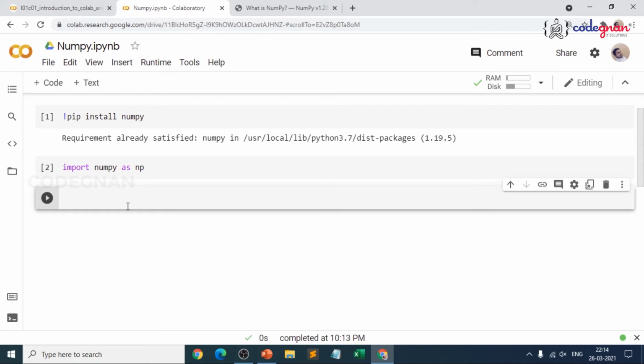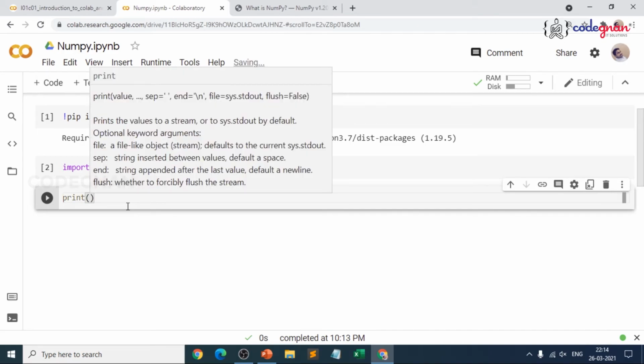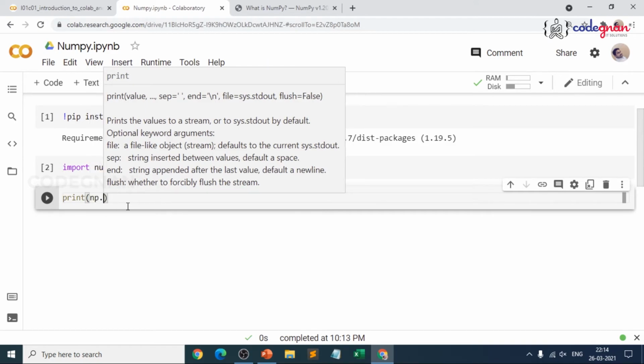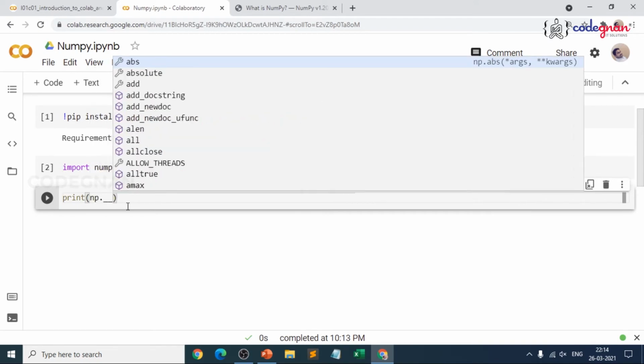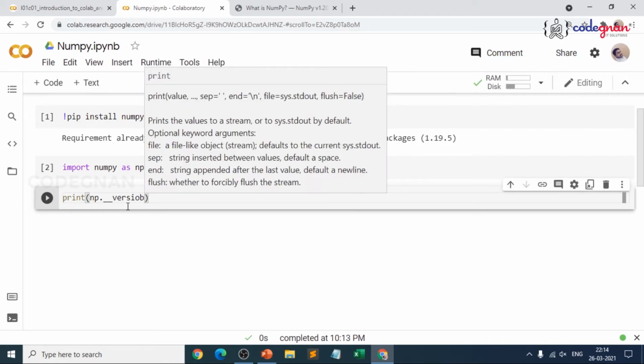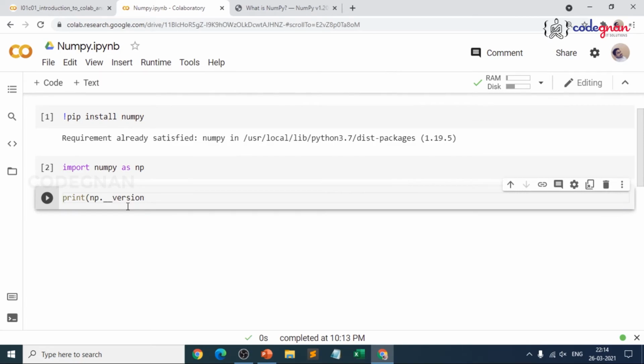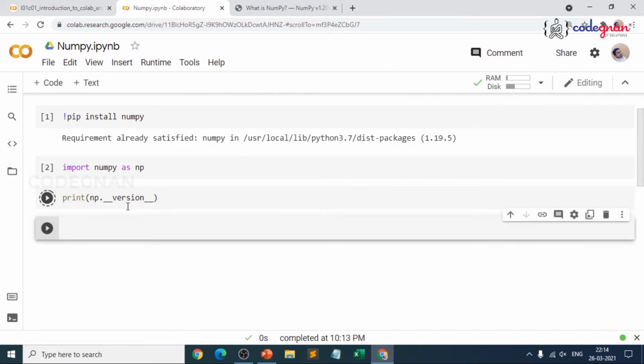But first, let's see what version we are using. Generally you go with the same process. You need not use print, but if you want you can use it. So print of, as we have given NumPy as NP, NP dot, I want to see the version of it. Dunder method version. That means I am trying to see what version of NumPy I am using, because as it is the Google Collaboratory environment,